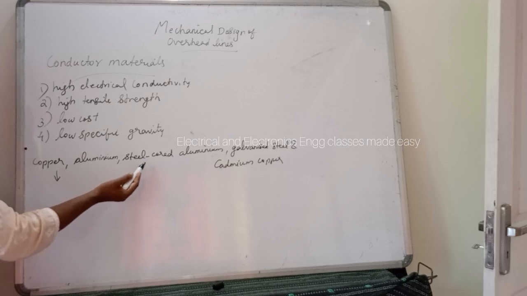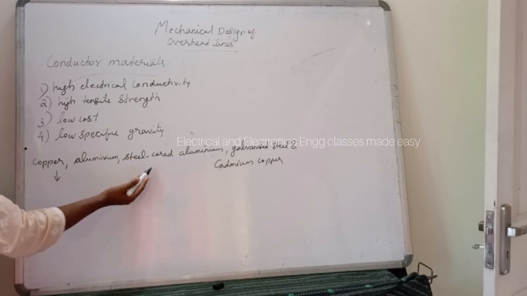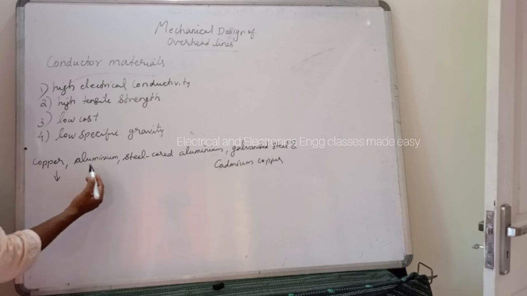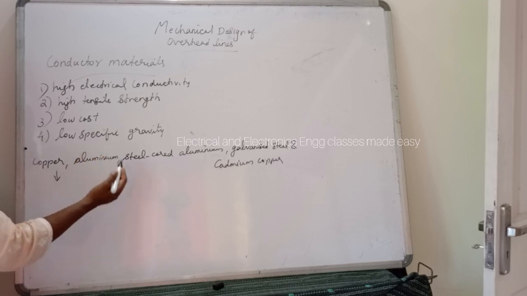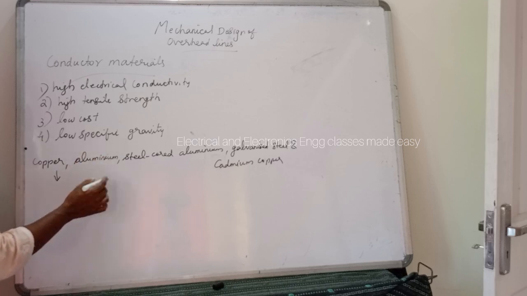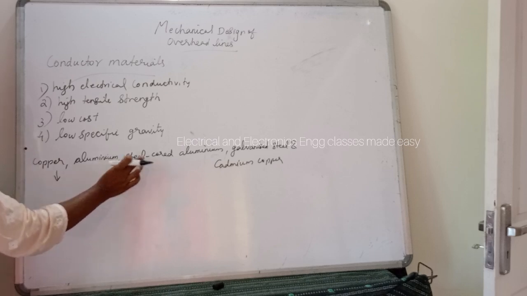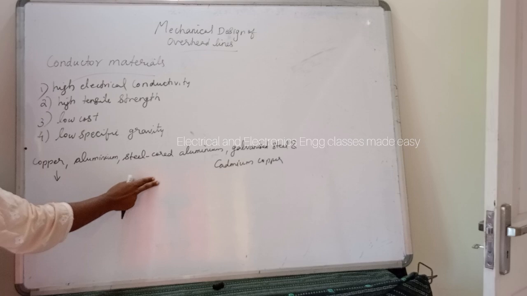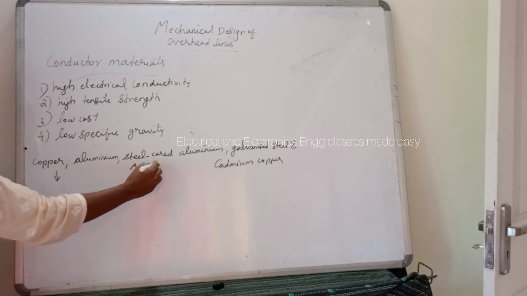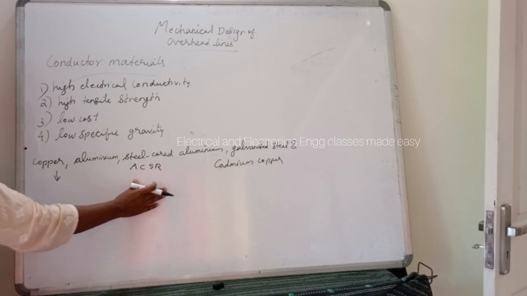Next is steel cored aluminum. Due to low tensile strength, aluminum conductors produce greater sag. This prohibits their use for larger spans and makes them unsuitable for long distance transmission. So in order to increase the tensile strength, aluminum conductor is reinforced with the core of galvanized steel wires, and the composite conductor thus obtained is known as steel cored aluminum, also called ACSR, that is aluminum conductor steel reinforced,